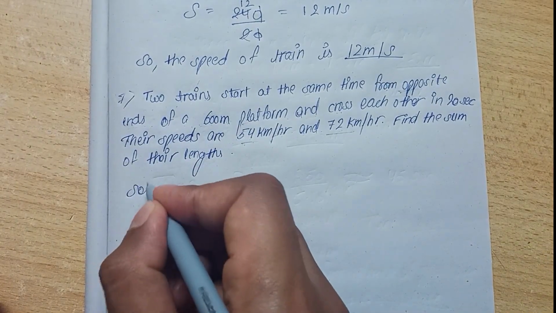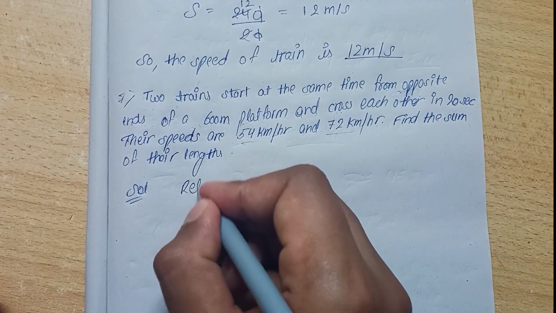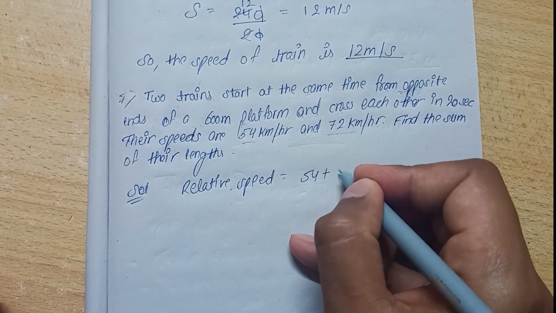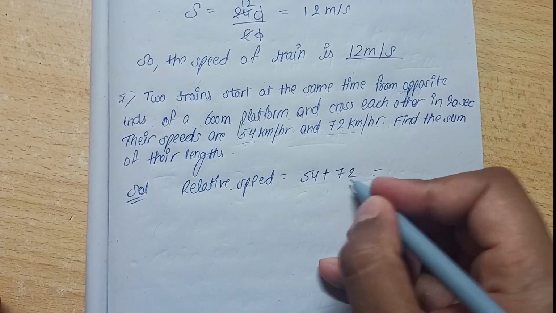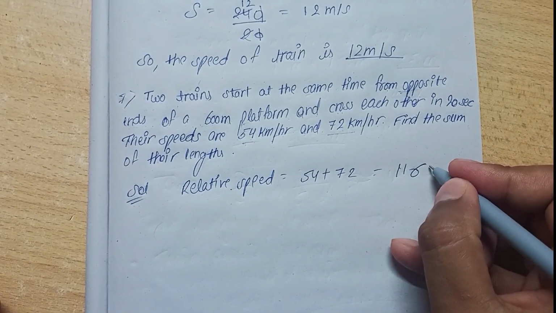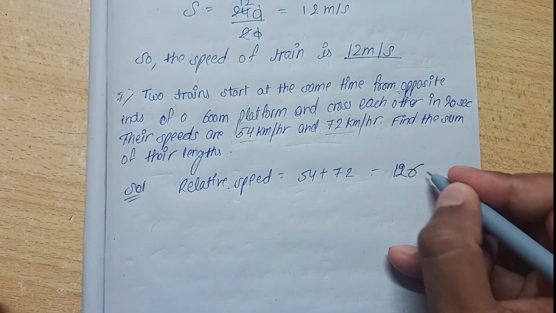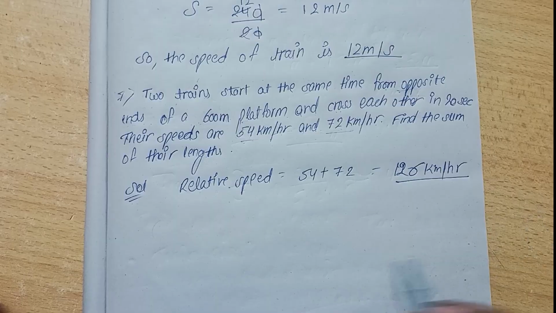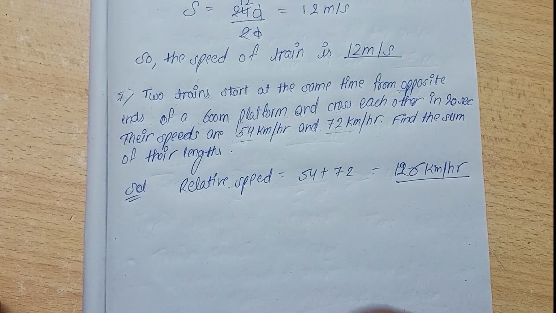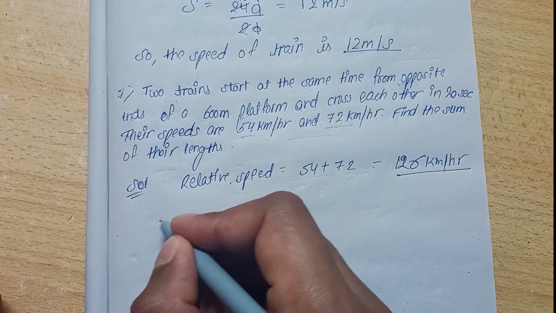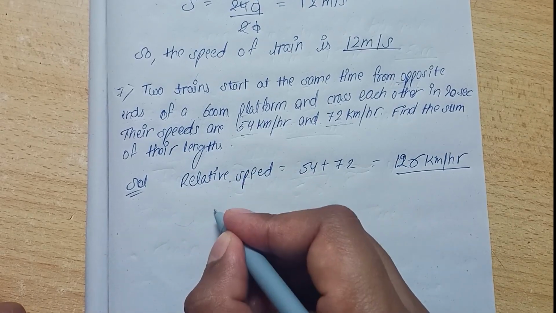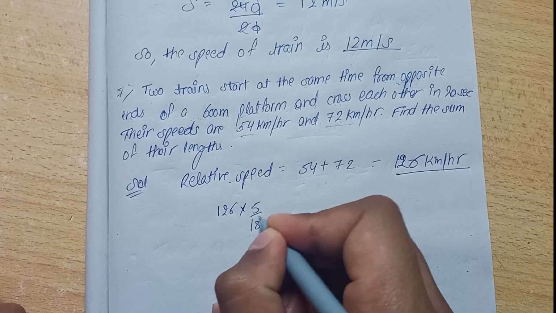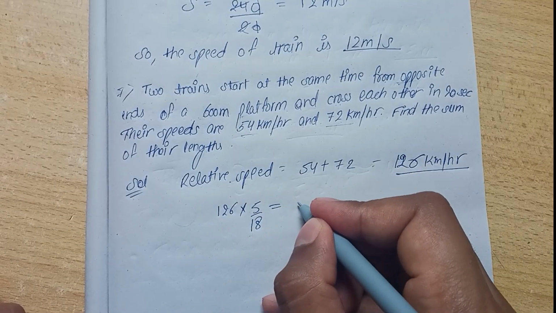So we will find the relative speed, which is equal to 54 plus 72, which is 126 km per hour. Now we will convert this into meter per second by multiplying by 5 by 18. So 126 into 5 by 18, which is equal to